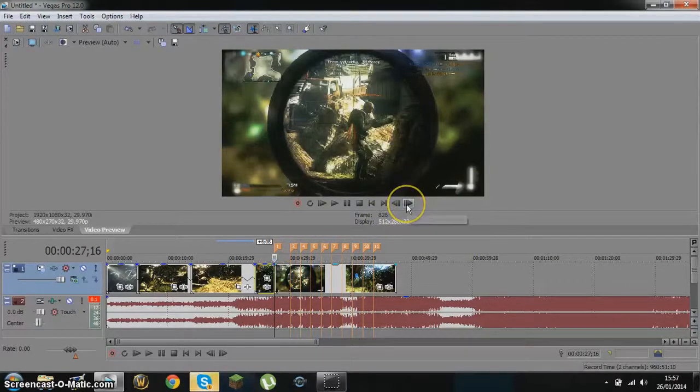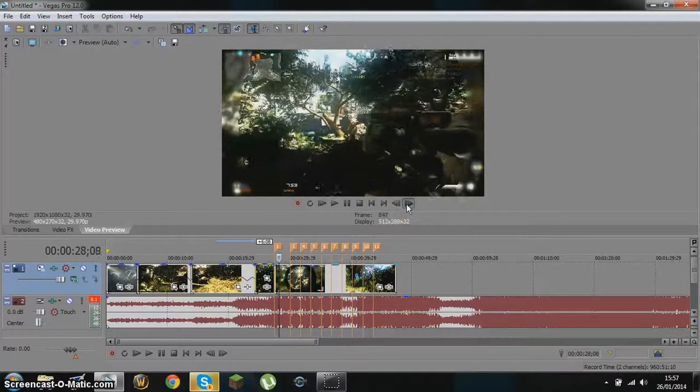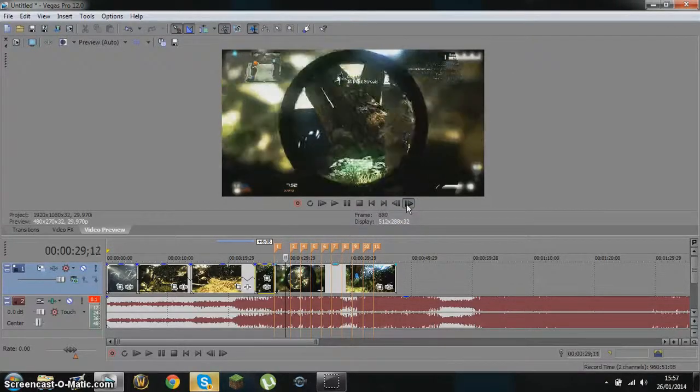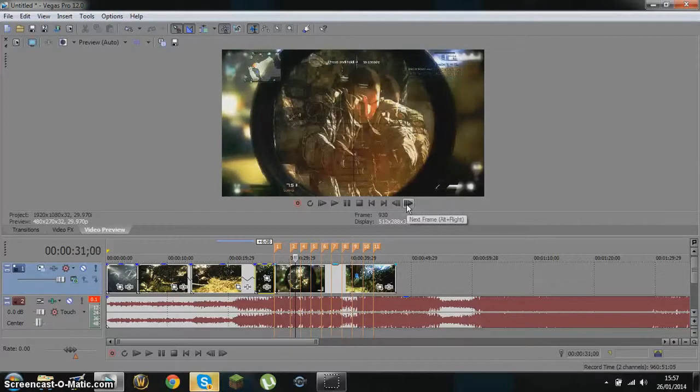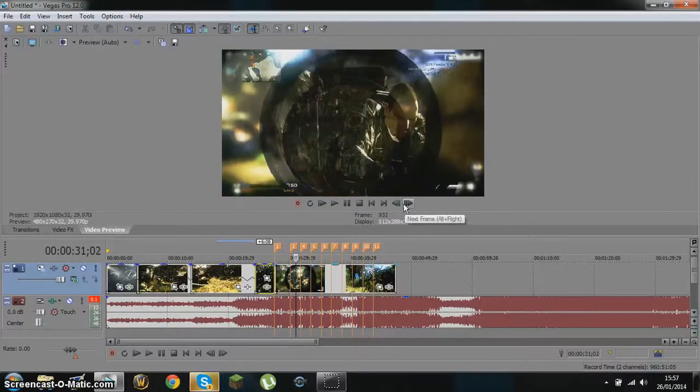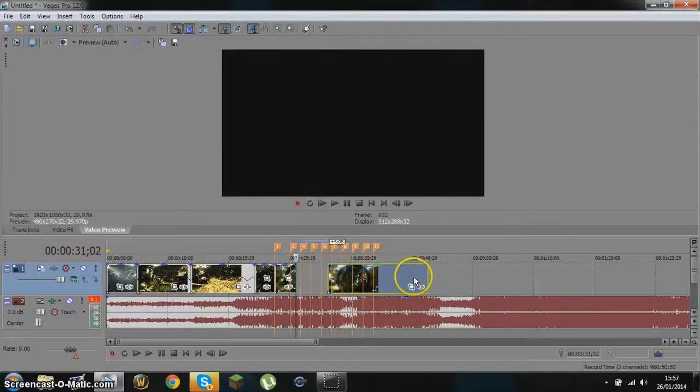Okay, so now I'm going to find the second shot, which is about there. As you can see, the hit marker pops up right there. So I'm going to hit S to split the clip,